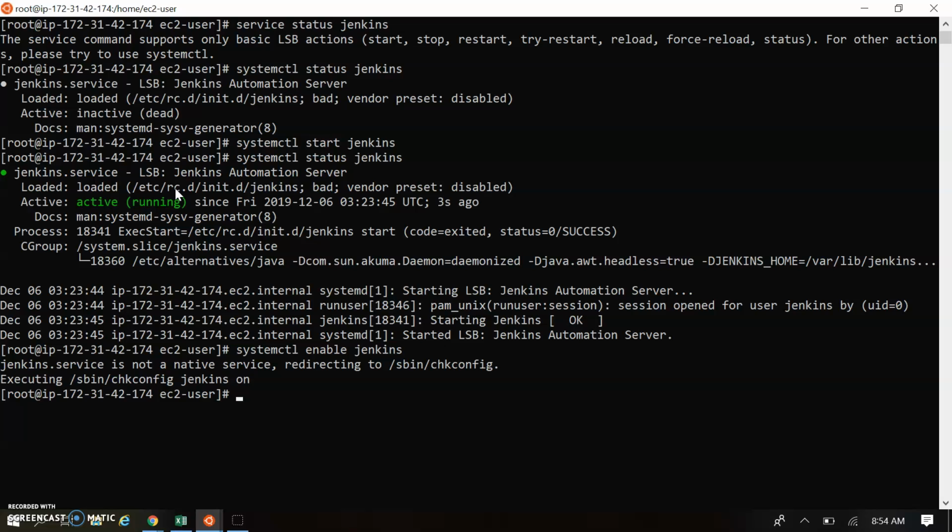So we install Jenkins, and after the install we have to check the service status using systemctl status jenkins. Just make sure there is also a service command, so you can use it at different levels. After you install, you give service start, and after service start you have to validate the service status again, using the systemctl enable command. It will enable it in your booting sequence, so each time the system reboots, Jenkins will be enabled.